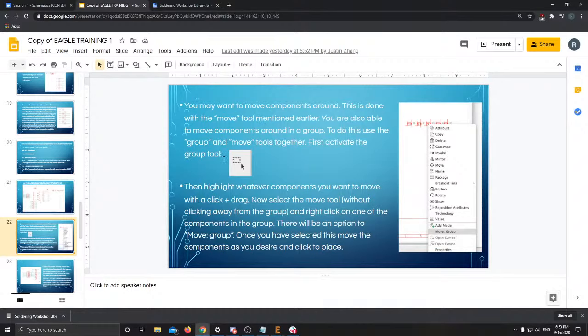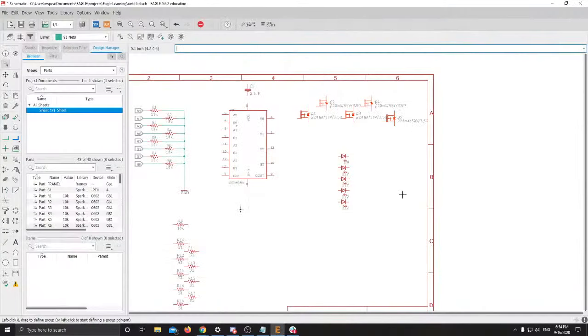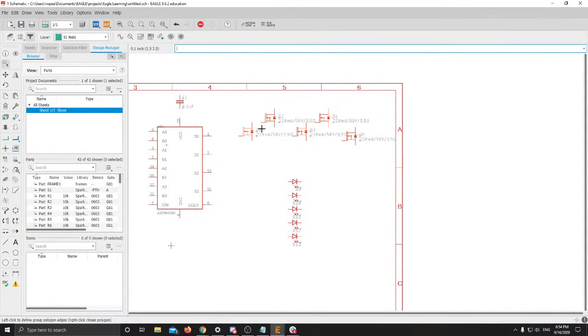So this talks about that move thing that I mentioned. You can use move group, and the other way to do it is you can click and drag, click away, and then click on one of them. It is kind of weird, so I'll run through that real quick. How I like to do it, let's say I wanted to move these transistors again, I go to the group tool, highlight all of them,